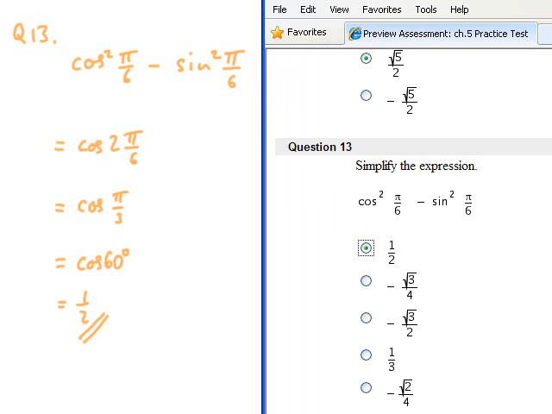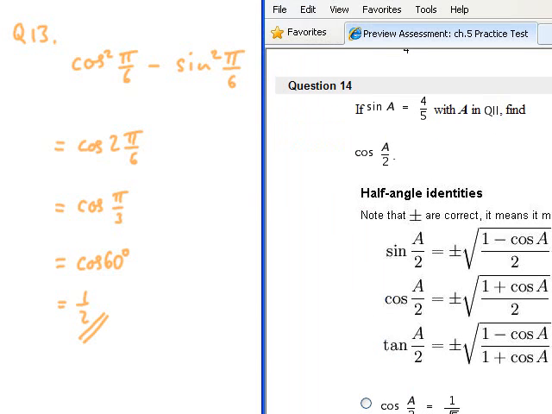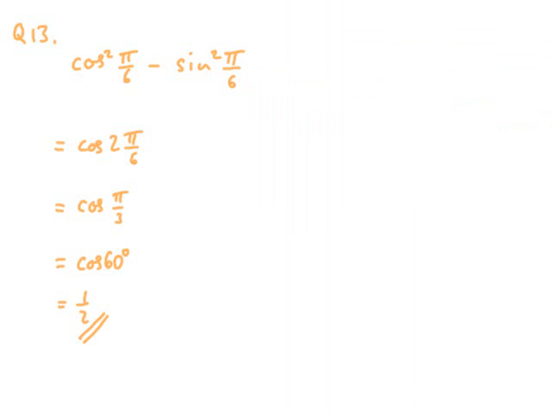Okay, the next problem. Okay, so question 14. If sine A equals 4 over 5 with the angle A in quadrant 2, find cosine A over 2, and apparently this has to do with half angle formulas, so I have to do something with this one here and substituting that one in. Okay, I'm going to push this to the side so I can